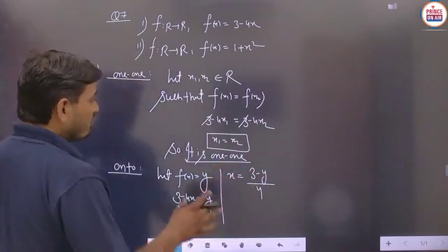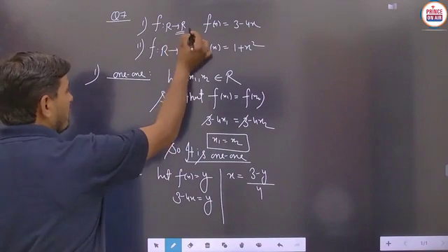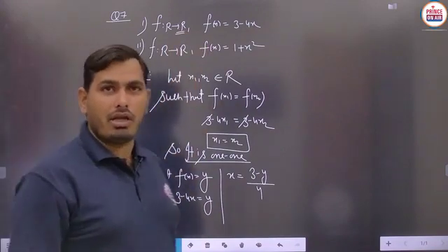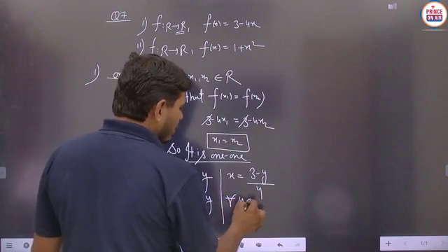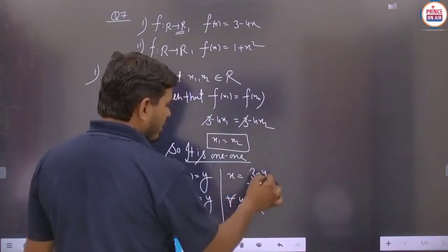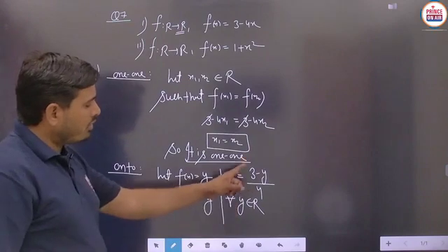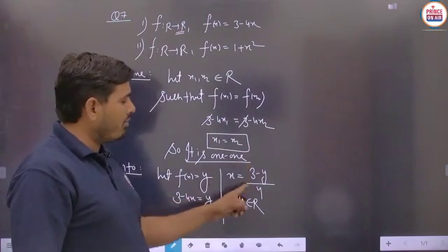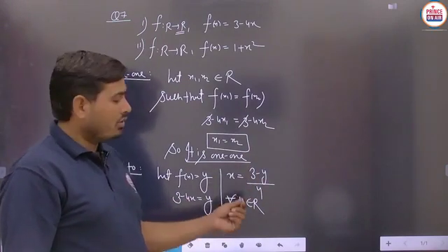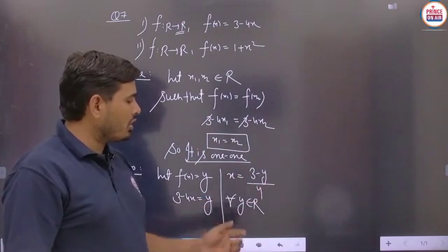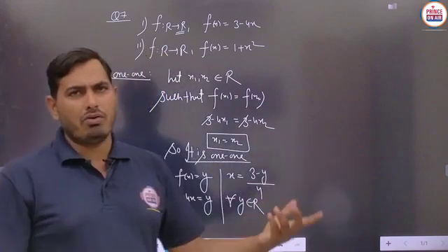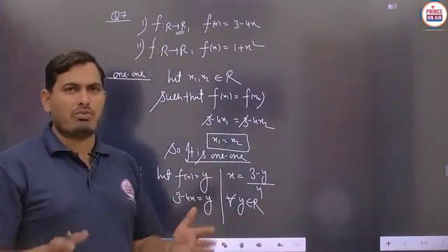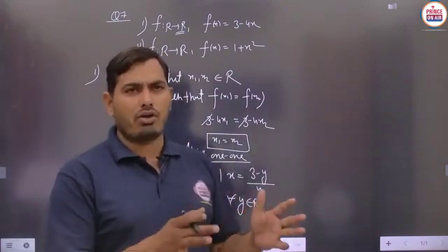So we have to see the codomain first of all. The codomain is given as the set of real numbers. So you can say that for all y belonging to R, suppose you use any real number here, no problem. Students, if you solve for any real number as the value of y, then this expression 3 minus y will also be a real number, and divided by 4, you will again get a real number, because in the case of real numbers all kinds of numbers are satisfied.